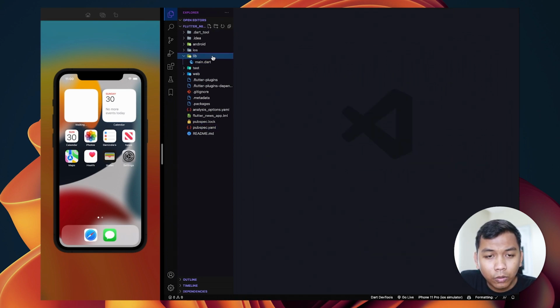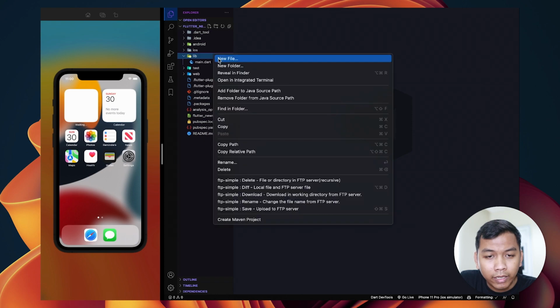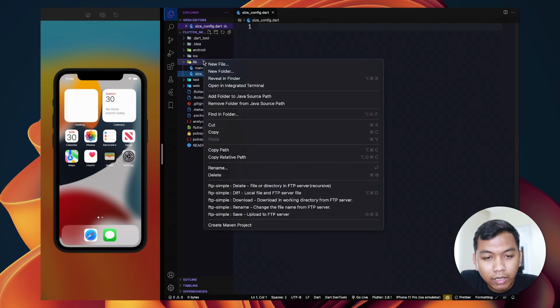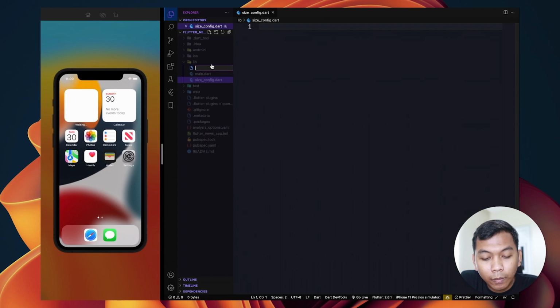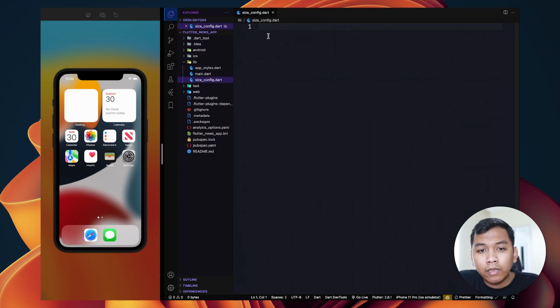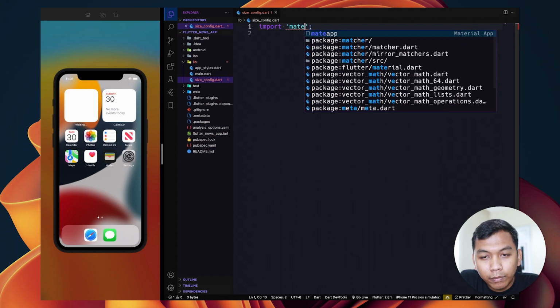And now let's go to the lib folder and create a new file. Let's name it size config. And the second one is app style. Alright, so let's first open size config and import material.